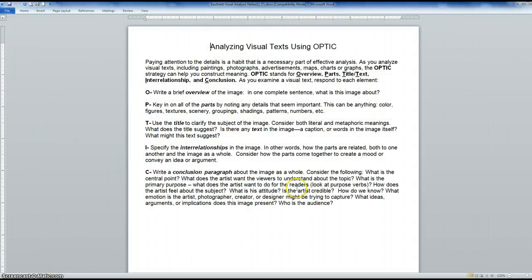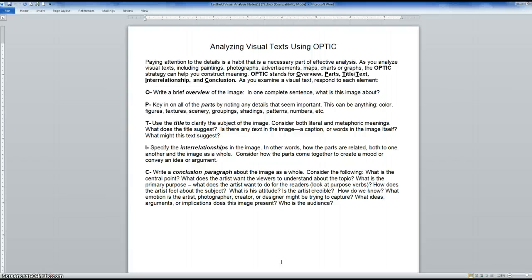The optic will be very helpful really for introducing your topic, because you might want to use the O. Just have a quick overview. What is the image about? Just like you did in your discussion board. And then kind of talk about the different parts very